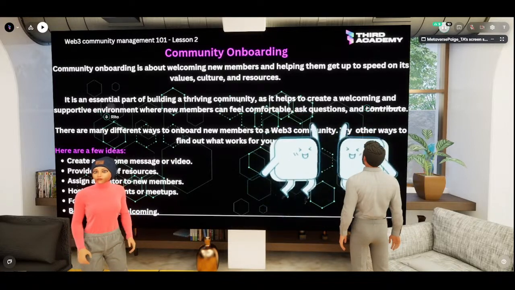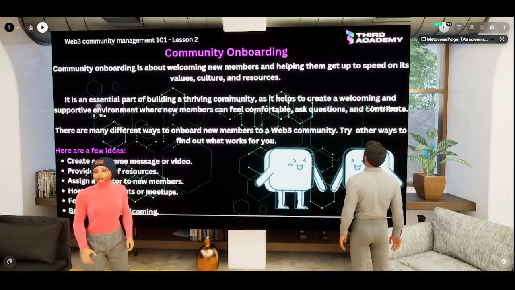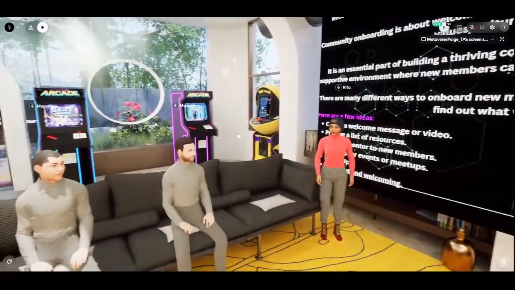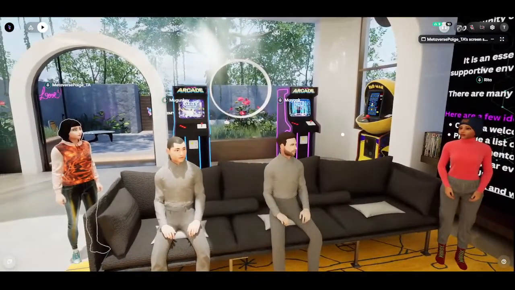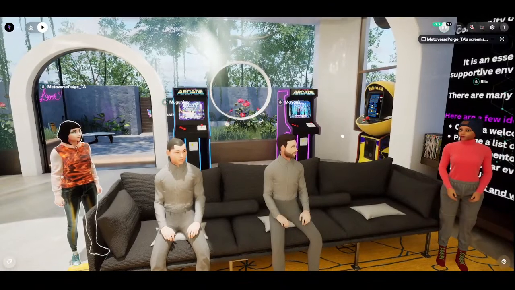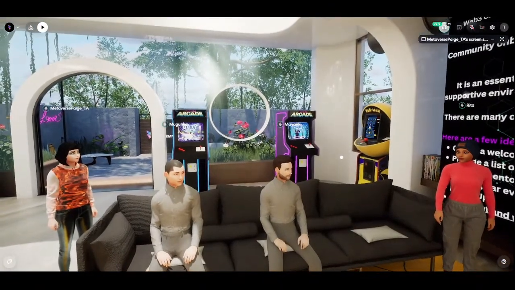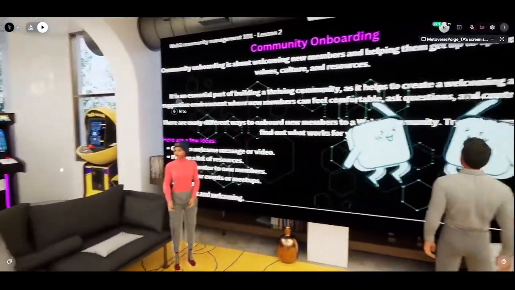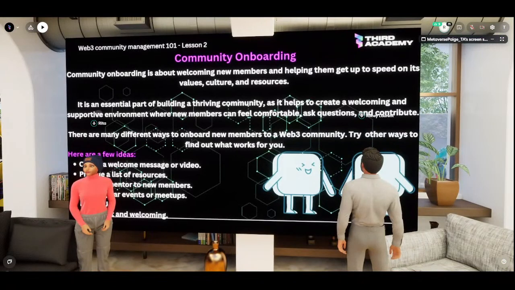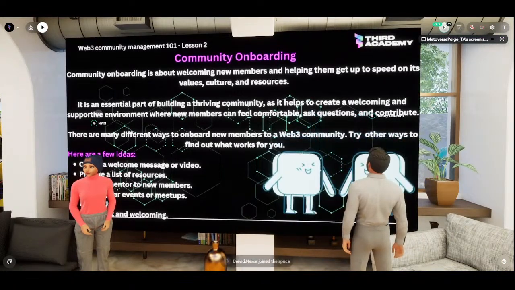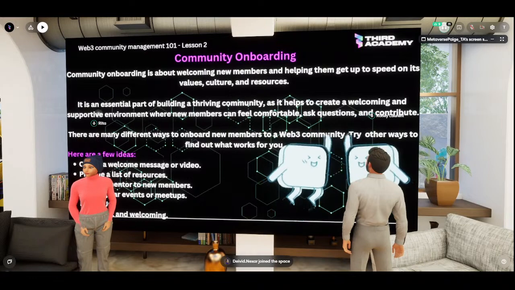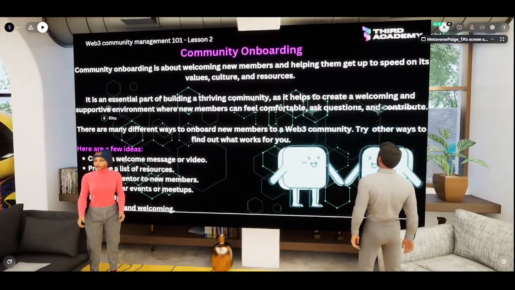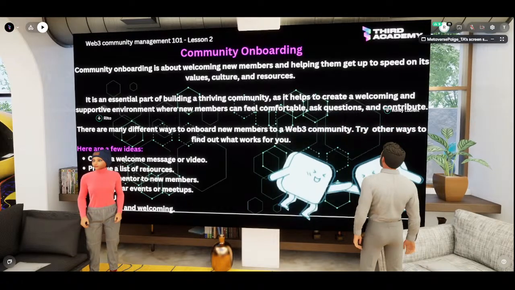And then to also improve your community onboarding, you want to make sure that you're responsive to their questions and concerns. Sometimes new members can come in and they can be asking questions that have been asked before. If there's a way you can automate that process where they can easily find the answer to that question, that will work, right? But be responsive when members ask questions, and have their questions answered.